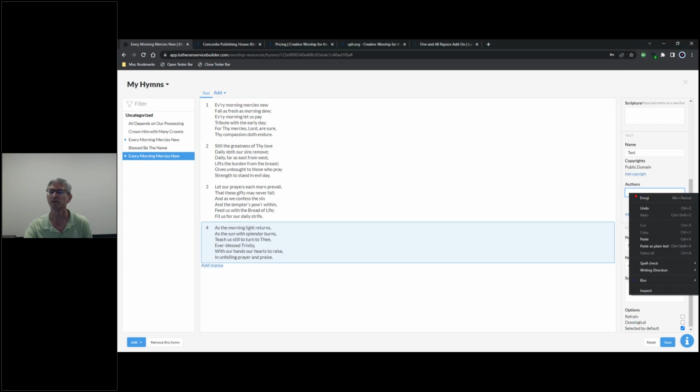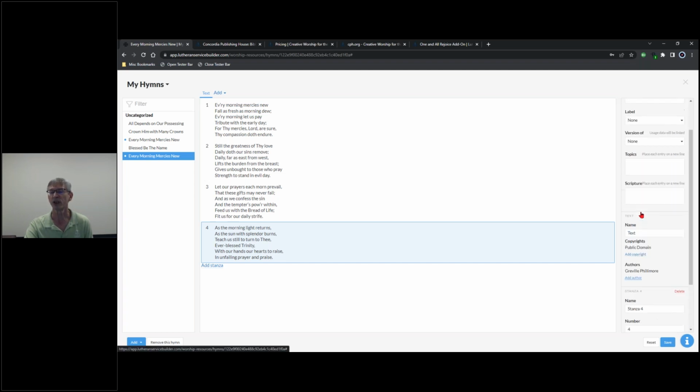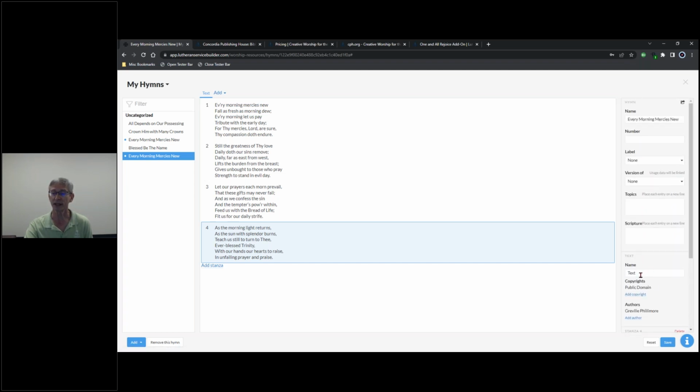The author. And we also want to select that the copyright or the author of all 4 stanzas, since it did say text on the hymn, applies to those 4, and we click save. All right, so there's some of the licensing information that I filled in, but we do have our text, and